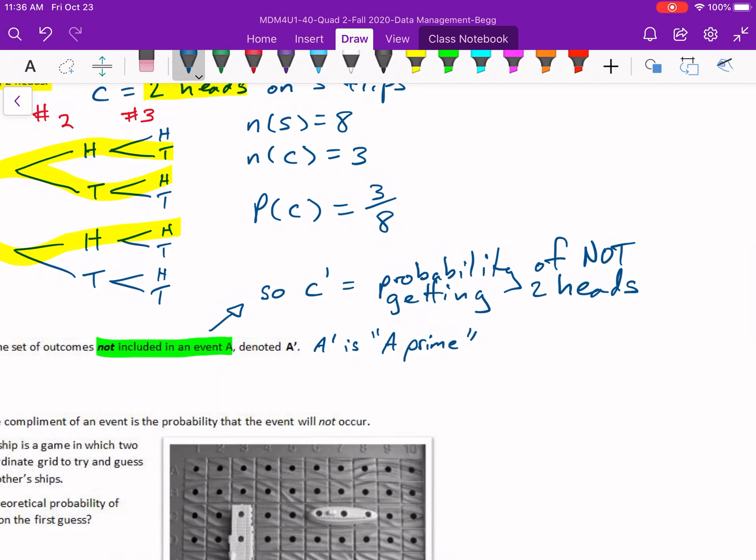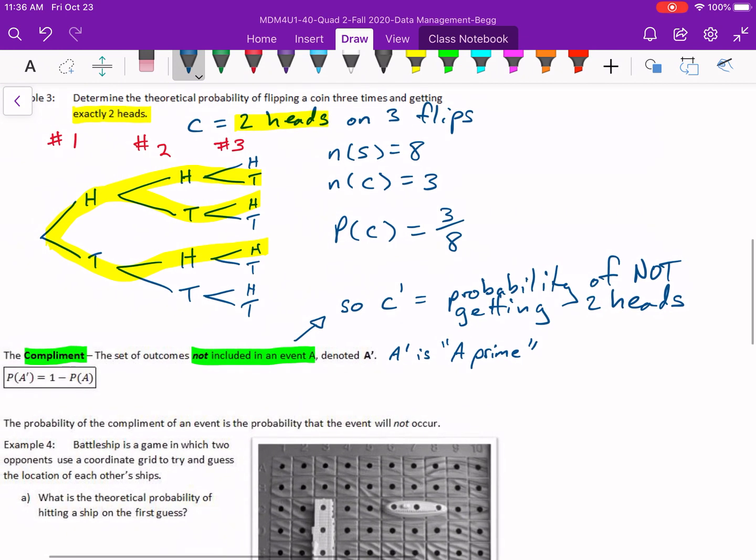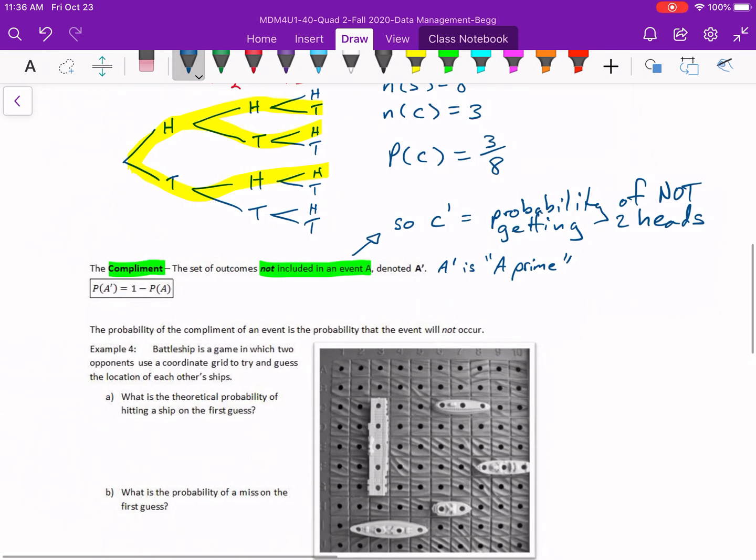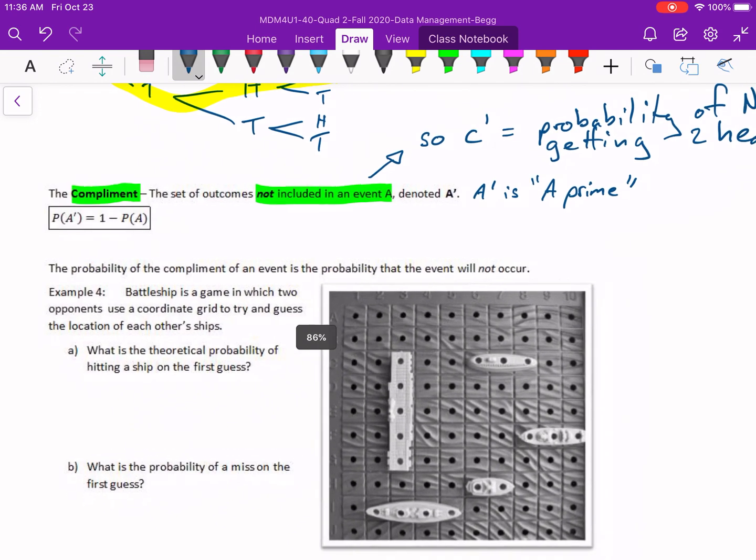So it's getting anything else, right? So getting 3 heads, getting 1 heads, getting 0 heads, those are all the different paths that we didn't include in example 3. The thing about complements and the event that the complement is of is that the probability adds up to